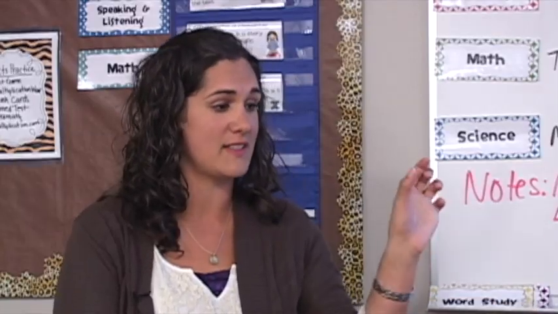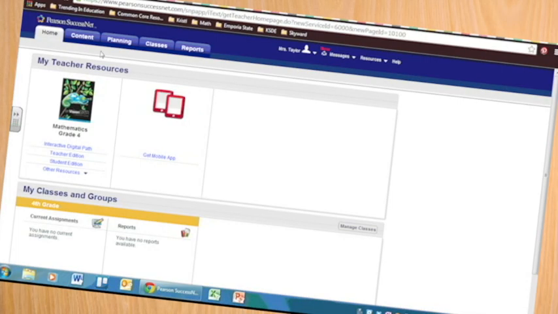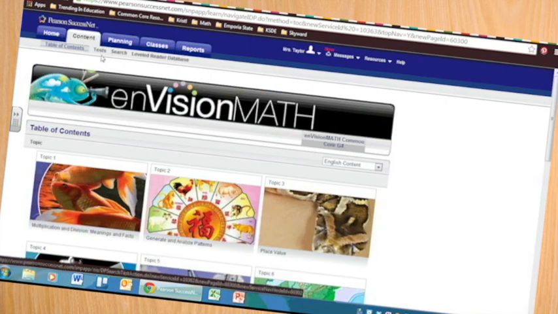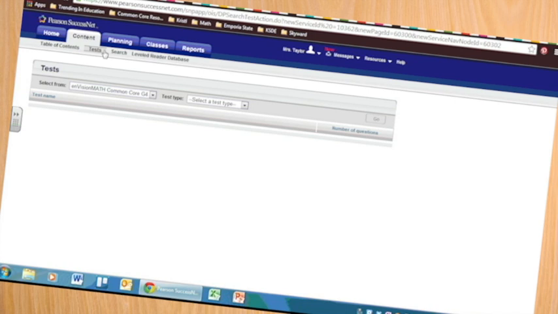If you go on Envision, it says My Tests, and it says the topic test. And so we give them the same pre-test and the same post-test, so you can compare the data for how they grew and how they did. You know, and I do have kids scoring 100% on the pre-test. And so when they score 100% on the pre-test, we push them in, and our whole grade works together